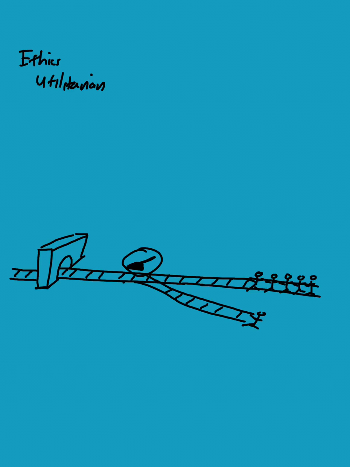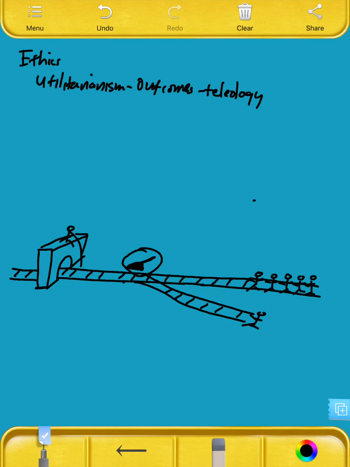or outcomes utilitarianism or outcomes ethics, or like a teleological approach. I'm using some of these words that have more subtle meanings a little interchangeably here for this purpose. However, if you said that you would pull the lever here on a runaway trolley, but you were reluctant to push the person off the bridge in order to stop the trolley,